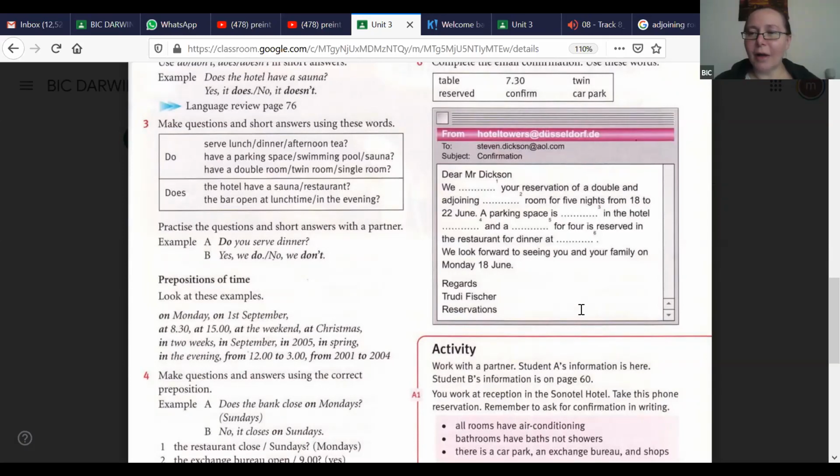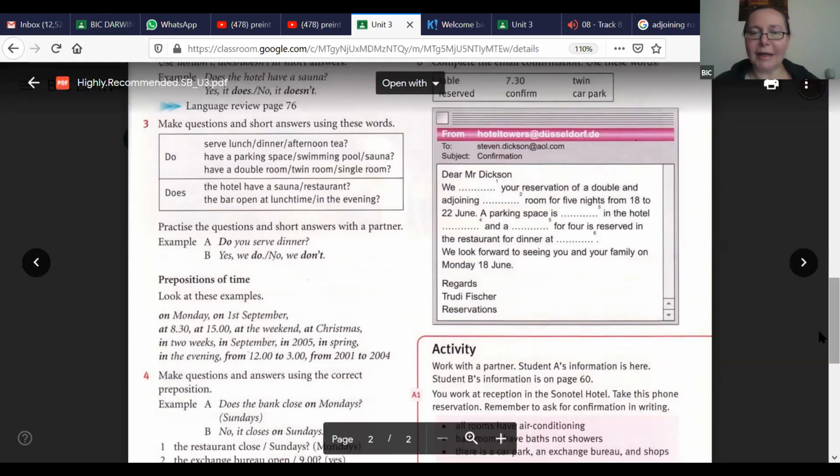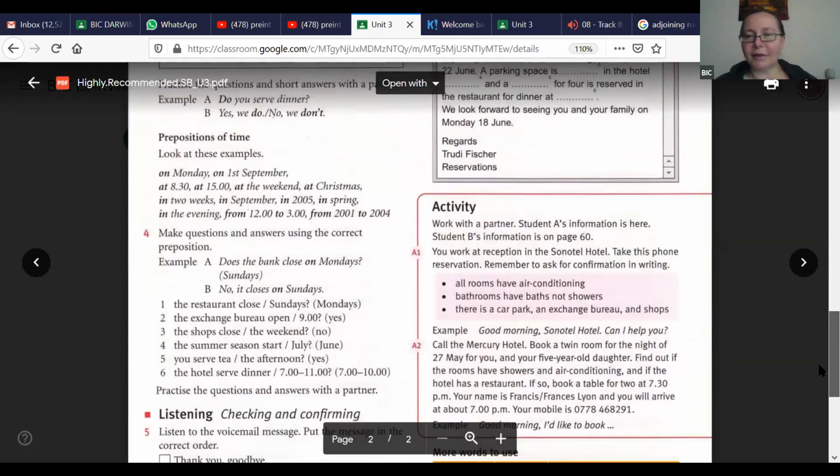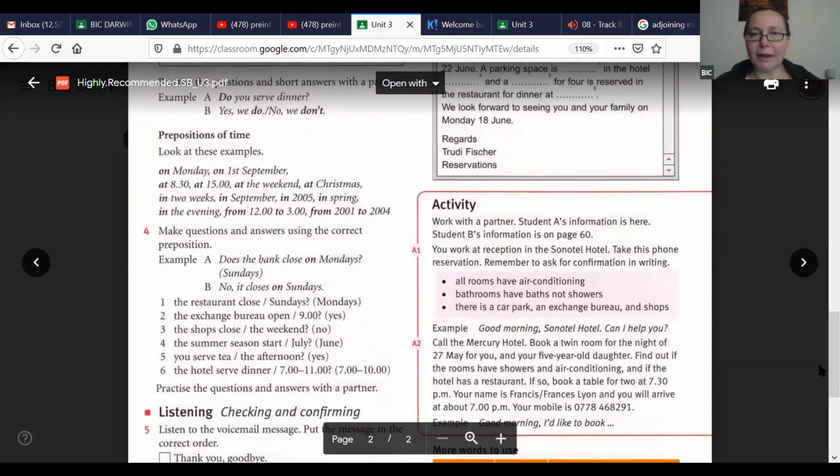Okay, so let's have a look at the next activity. But before the activity, I want to repeat how to say the dates, because I noticed some people are not saying the dates the right way. So I'll be typing dates in the message box and I want you to read it, okay?